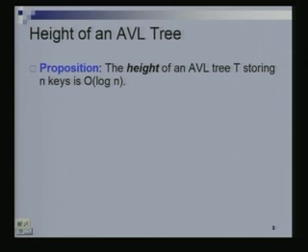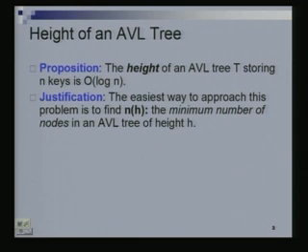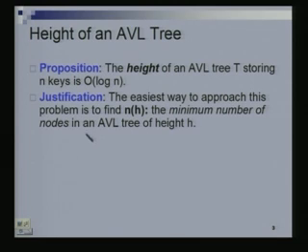I'm not going to prove this claim directly. I'm going to make a slightly different argument. Let's take an AVL tree of height h. Amongst all possible AVL trees of height h, let me see the one which has the smallest number of nodes. So I define this quantity n of h as the minimum number of nodes in an AVL tree of height h, and let's figure out what this quantity is, and then we'll see how this implies this proposition here. Everyone understands what I'm saying?